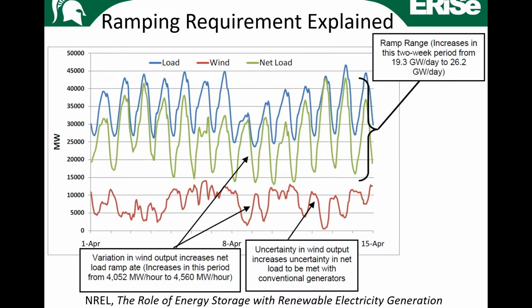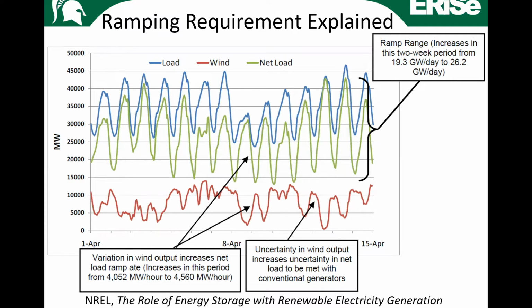Notice how the wind is almost negatively correlated with the load, right? The load is low here, the wind has picked up, okay, in the nighttime. So now, in this simple example, what they have done is they've modeled the wind as a negative load. That is, if you assume that the entire wind production can be absorbed by the grid, then you can think of it as a negative load, right?